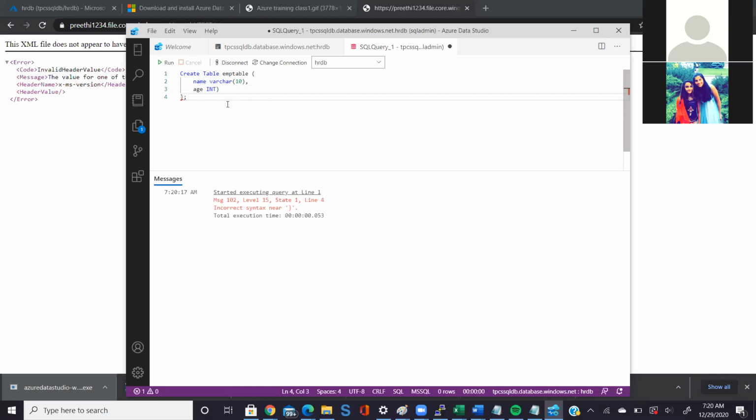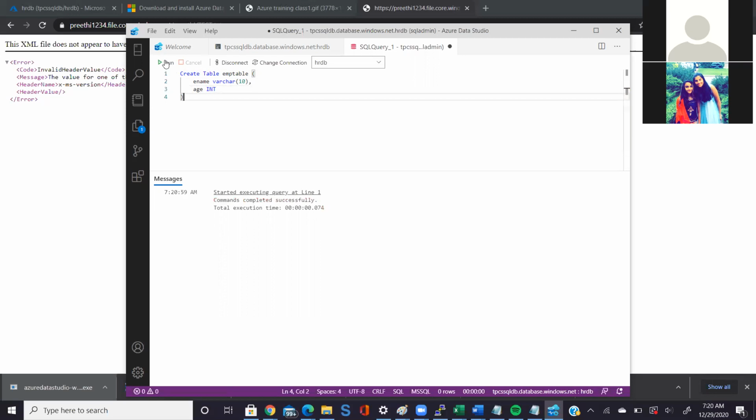I think, let's see. Create EMP table. Then you put the table. But it is throwing an error here, right? So if I close this one, yeah, close that. Oh, okay. Sorry. Yeah, take that one out.